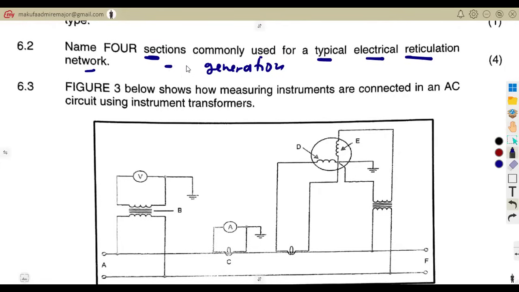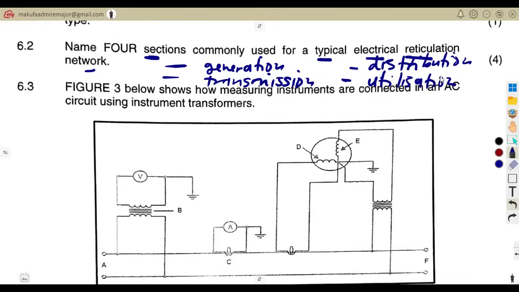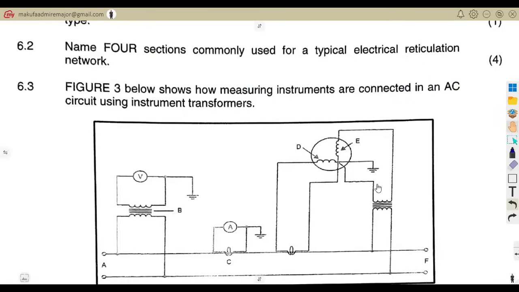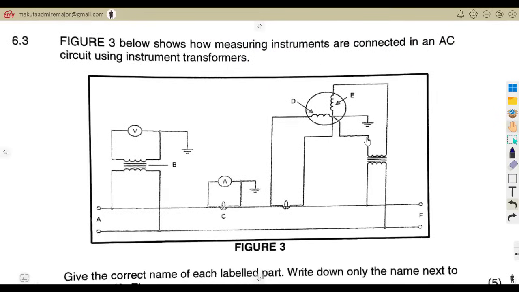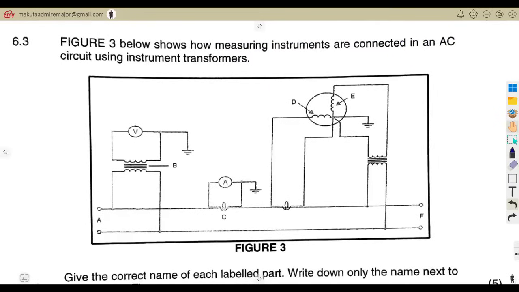So these are the sections: generation, then the part of transmission, we also have the distribution, and we also have the utilization. Then on question 6.3, Fig 3 below shows how measuring instruments are connected in an